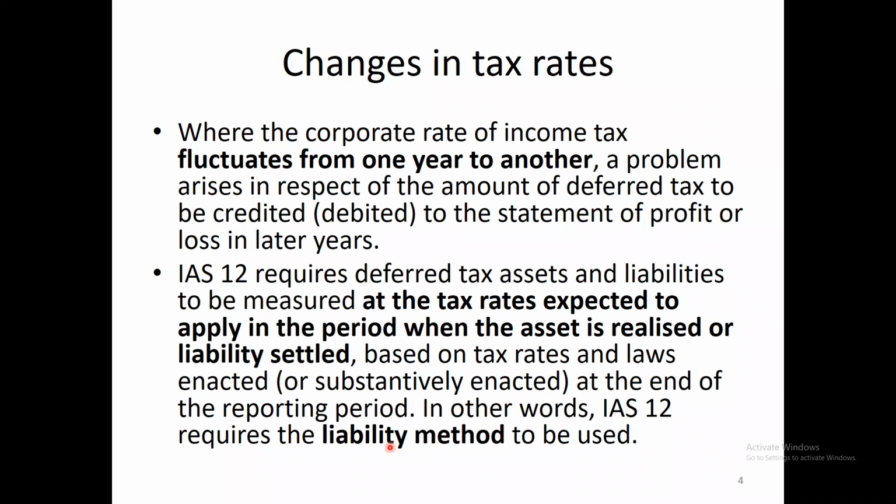Sometimes this year 20%, next year maybe 10%. Then in the future we have to pay less tax expense. At that time we have to make a provision, we have to make a fund to meet the future expenses, right? So that's called the liability method. Based on our liability, we make provision.